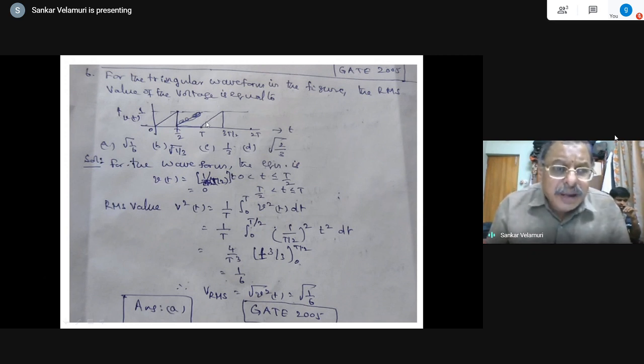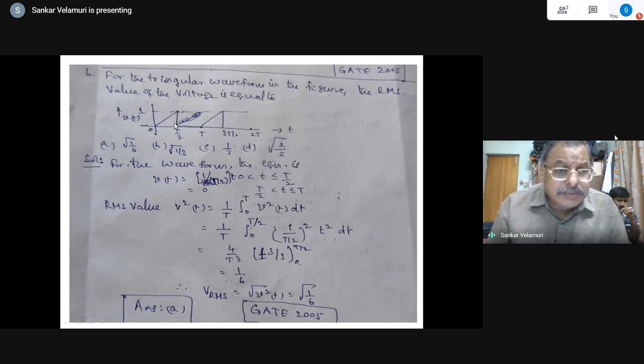So it is a periodic triangular waveform, right? From 0 to T by 2 it is a ramp, and from T by 2 to T its value is 0. Similarly, the second cycle from T to 3T by 2 is the same ramp with unit magnitude, right? So it is a ramp or triangular wave shape. This is called the ramp slope, that is called the ramp function, and it is also referred to as a triangular wave shape.